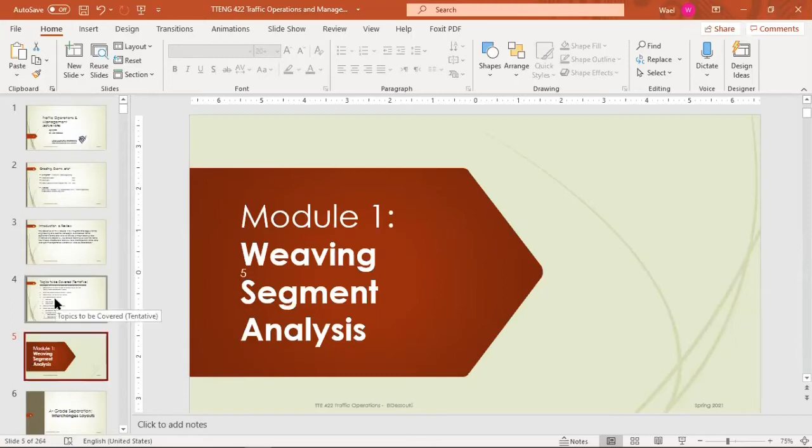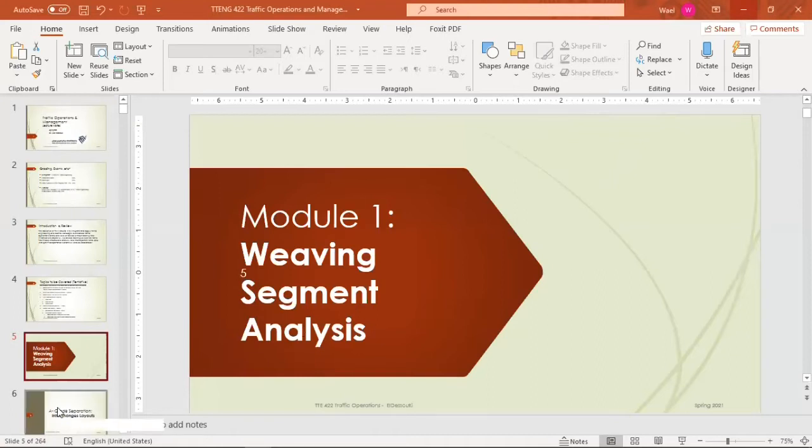The course is basically divided into modules. As I mentioned before, this course consists of a group of modules where we'll be focusing on a specific topic. So here we are focusing on the weaving segment analysis. Before we start talking about what a weaving segment is, why we get these weaving segments, and how it gets generated in the first place,